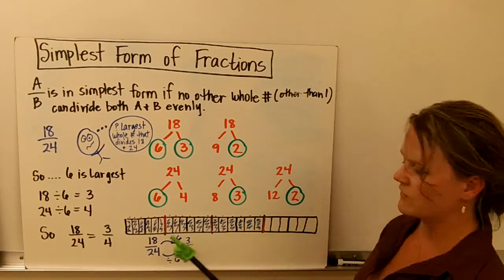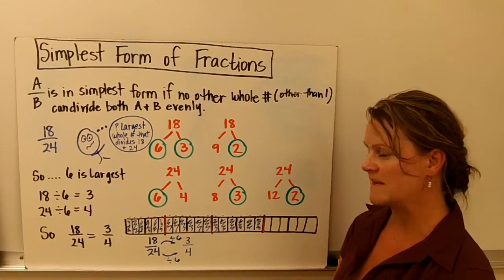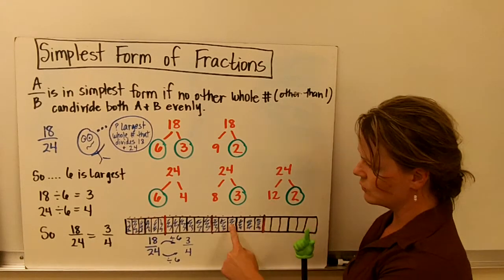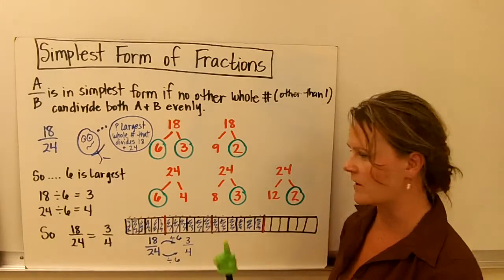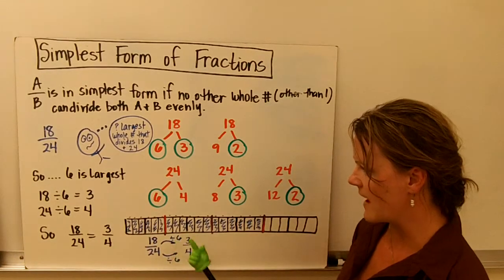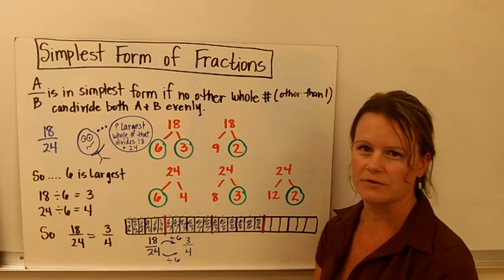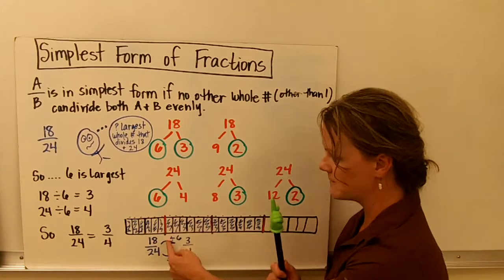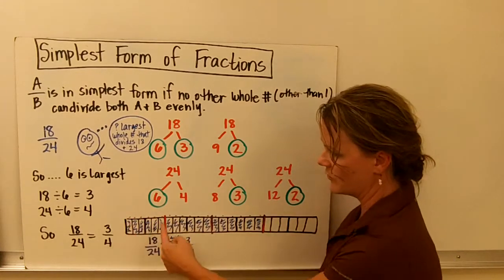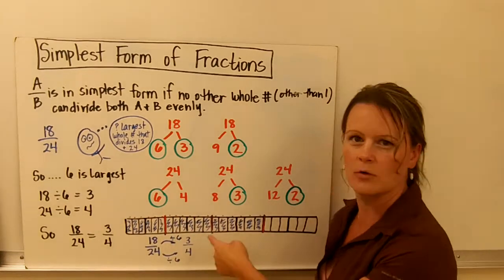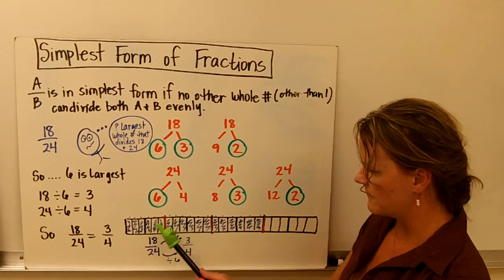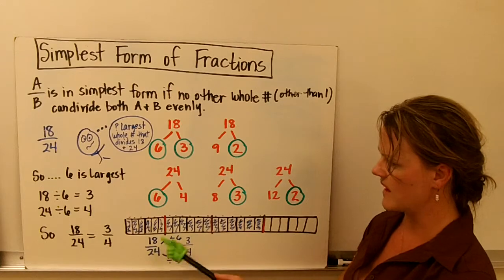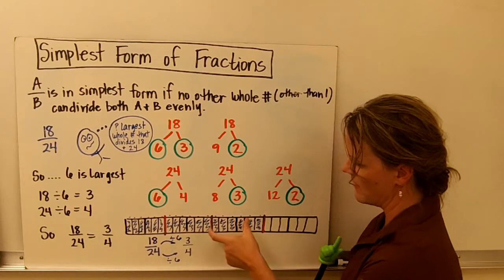And so what I have drawn here is just a bar with 18/24ths colored in. And so there are 24 little bars here. The blue represents the 18 out of the 24 that are colored in. And so if I'm going to divide by that 6, because that's the largest whole number that will divide both 18 and 24, then I'm going to count 1, 2, 3, 4, 5, 6 and divide my bar, and that's what that red line represents. So every 6, divide my bar. And now I have 3 sections out of 4, so I know that 18/24 is equivalent to, check it out,